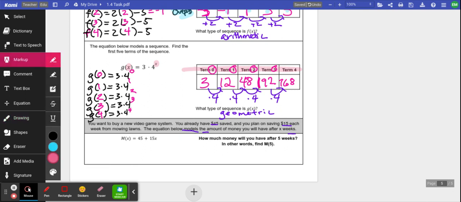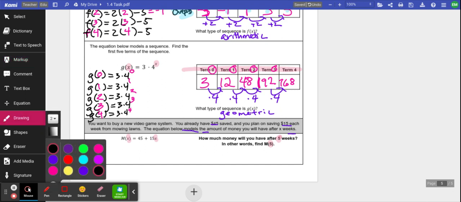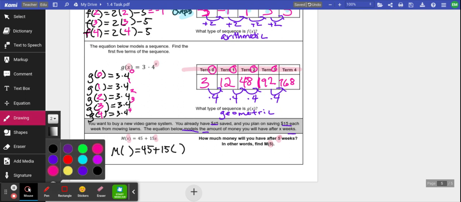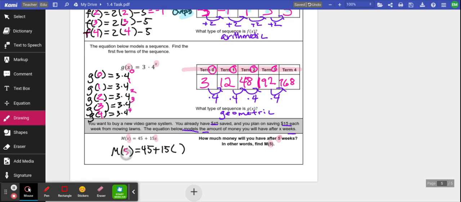So let's do a little highlighting. x is our input. x goes here, and x is the number of weeks. So in this case, they told us 5 weeks, or to find M of 5. So that's exactly what we're going to do. We're going to do the same way we've been doing. M of blank equals 45 plus 15 blank. Every time I had that highlighted x, I put in parentheses instead. And now I'm going to put in my 5 because that's my input. So M of 5 equals 45 plus 15 times 5. And that gives me M of 5 equals